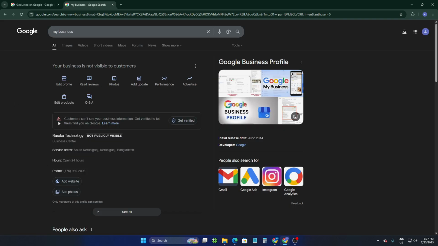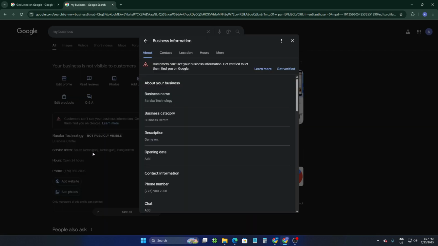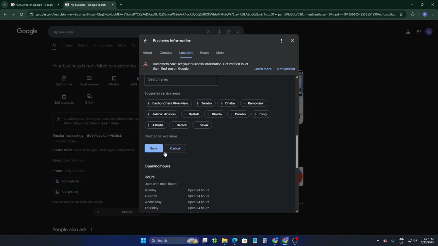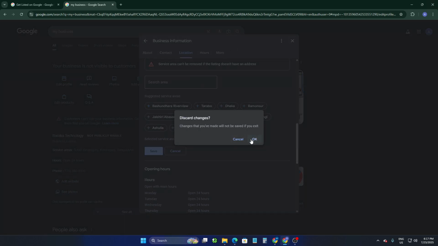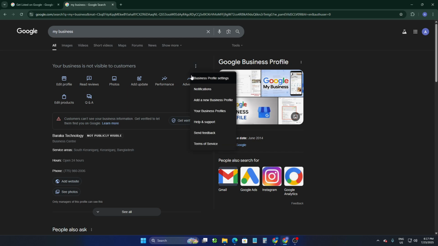Okay. So from here, when you have deleted it, when you delete your service area, it will be unregistered from your business from the Google Map. Or other thing you can do is simply click on this three-dot button here